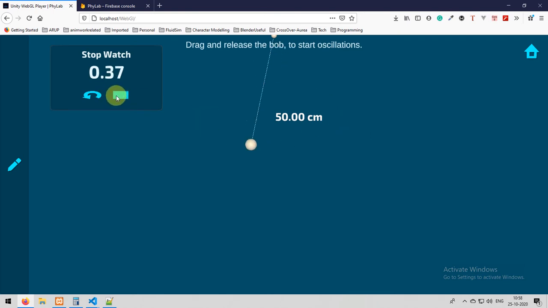I will consider the right side, and I will start the stopwatch. 1, 2, 3. From the right side, it will go to the left, and then it will come back to the same right position, right? So that will be my one full oscillation. I need to count for 20 oscillations, from right to left to right,